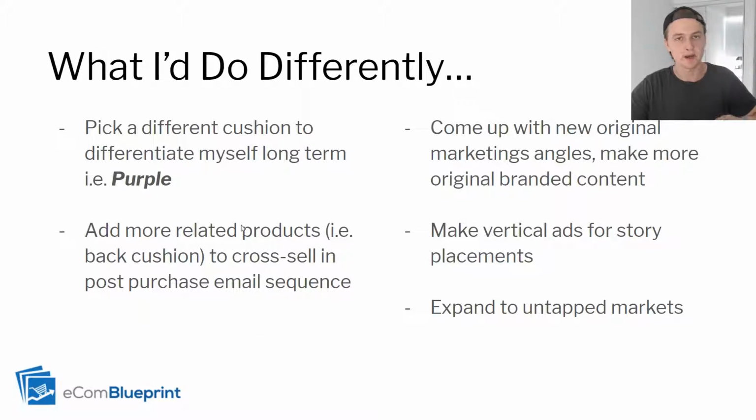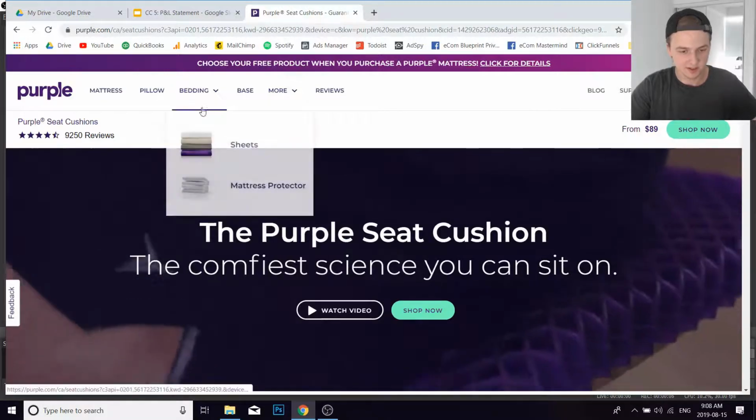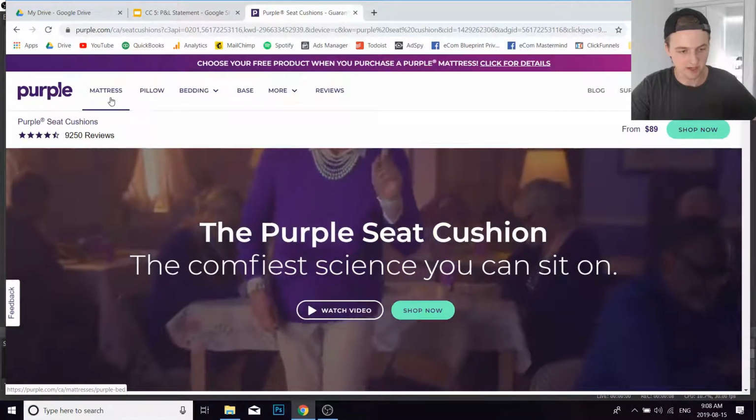right? So once they buy your seat cushion, then you can just keep sending them emails about the brand and about your other products and get them to buy all your other products, given that they like the first one, right? And so this would help a lot to increase the lifetime value and to build a real brand like Purple. So I'm on the Purple website, and you can see they have all these different product collections: mattress, pillow,